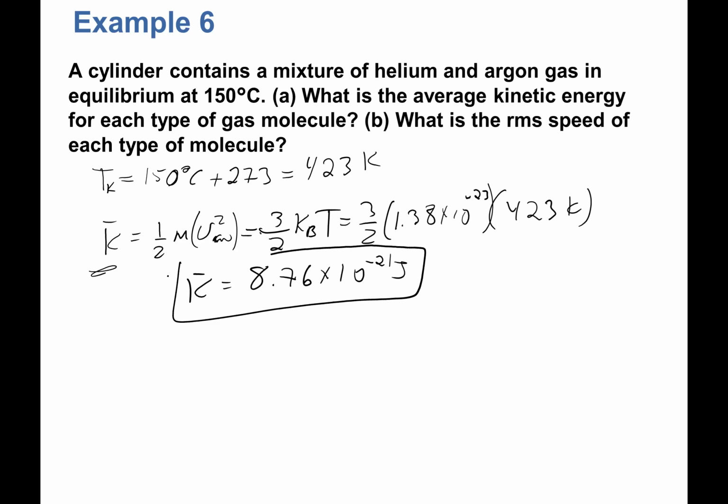That means any type of molecule will have this kinetic energy at this temperature. They all have the same kinetic energy. How fast will they be moving? Well, it depends, because part B says, what is the RMS speed of each type of molecule? Well, I have two types, helium and argon. And this equation for RMS, remember,